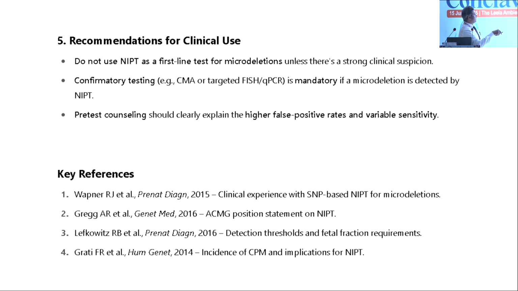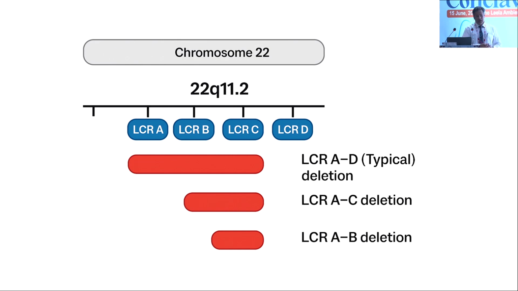CMA or targeted FISH and QF-PCR can be done, and false positivity rates and variable sensitivity are also there with NIPT for microdeletions. Now let us talk about 22q in greater detail, right? Okay, so there was a lot of confusion. There are a lot of recommendations from those who say that 22q microdeletions can be used. But to put it in the right perspective, what I'm trying to tell you is this: